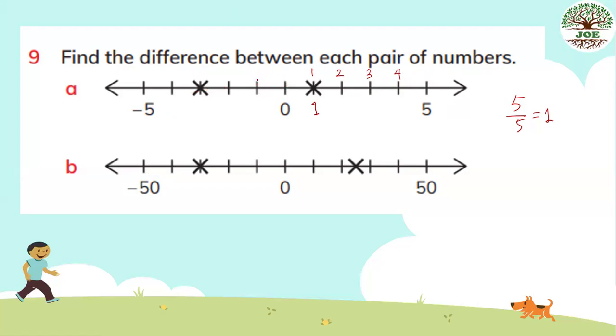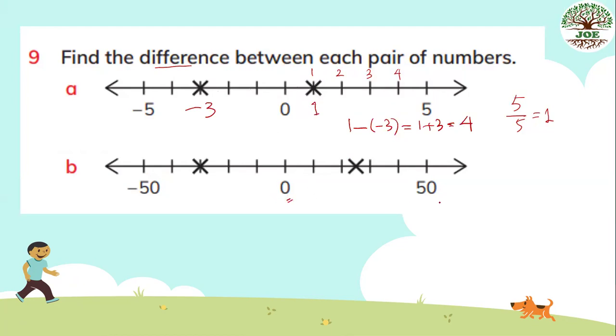From 0 to the left, 1, 2, 3. It is negative 3. We have to take the difference between each pair of numbers. So negative 3 and 1 from the number line, 1, 2, 3, 4. The difference between them is 4. So 1 minus negative 3 is 1 plus 3, it is 4. The difference between them is 4. And part B,